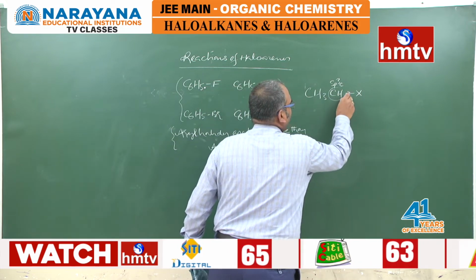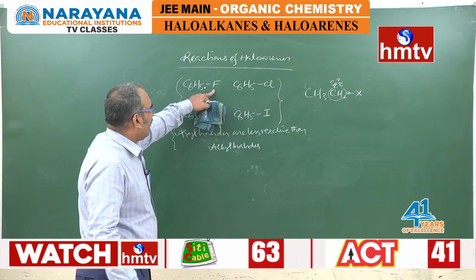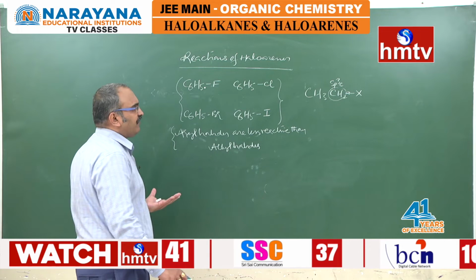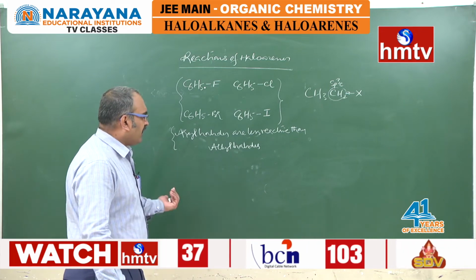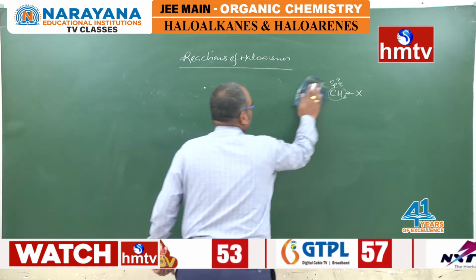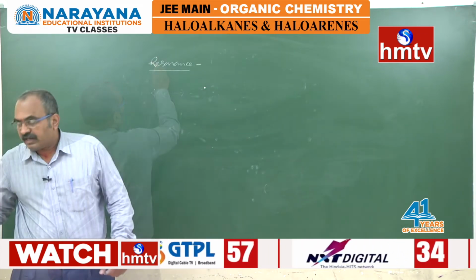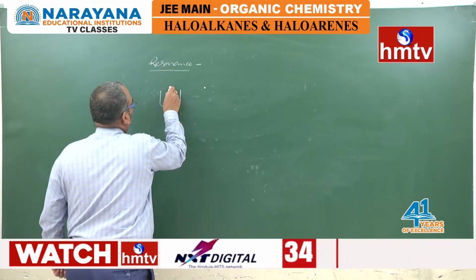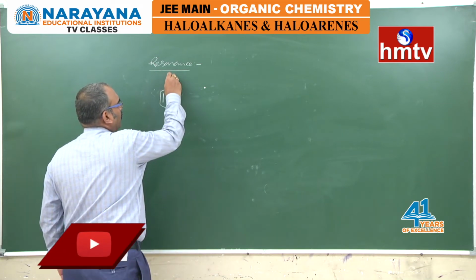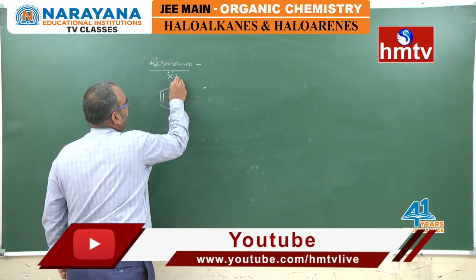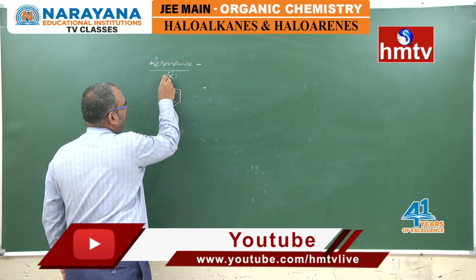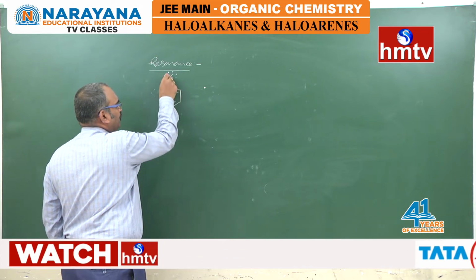So in aryl halides, the halogen is attached to an sp2 carbon. Different aspects are there, different reasons are there for which aryl halides are found to be less reactive than alkyl halides. The first one is the resonance arising in aryl halides. When you take X, where X is fluorine, chlorine, bromine or iodine, it has 3 lone pairs of electrons. So lone pair pi conjugation is there. This is lone pair, sigma bond, pi bond, alternative positions.